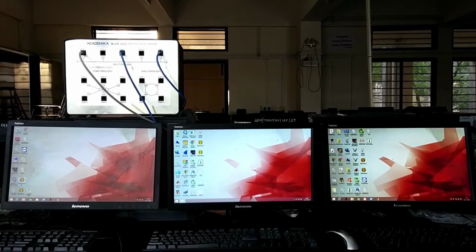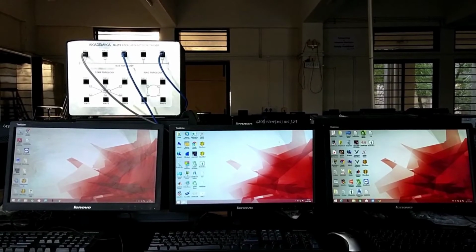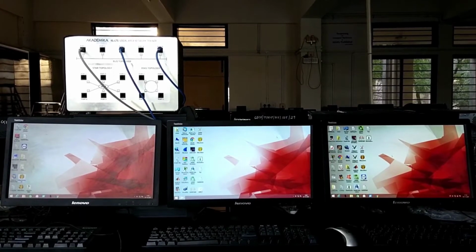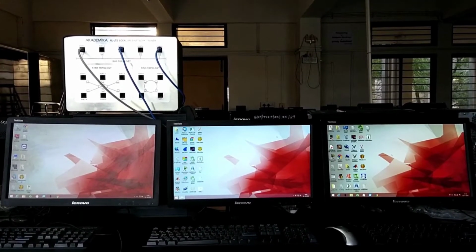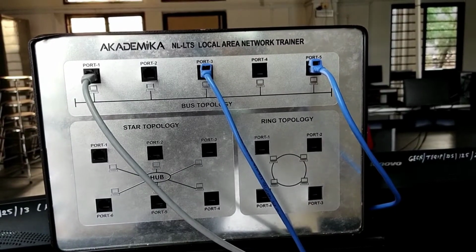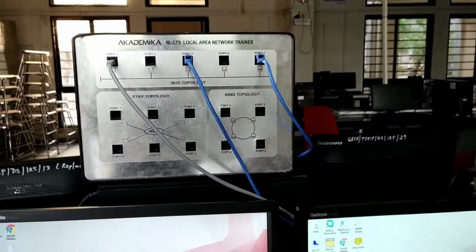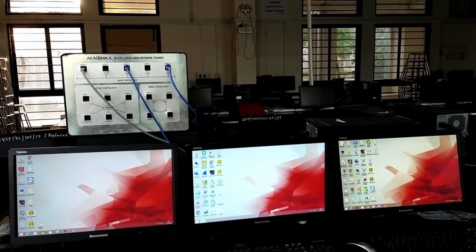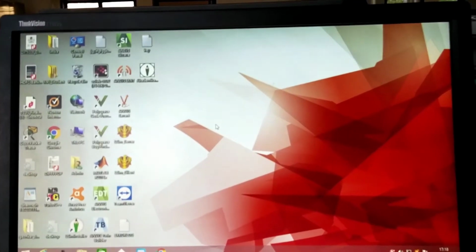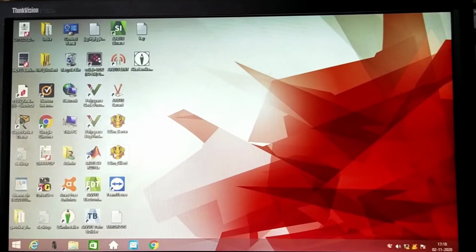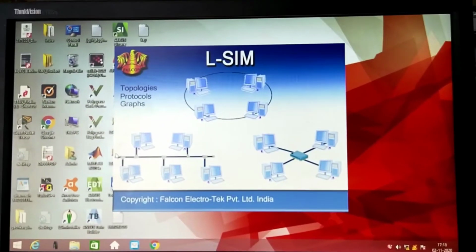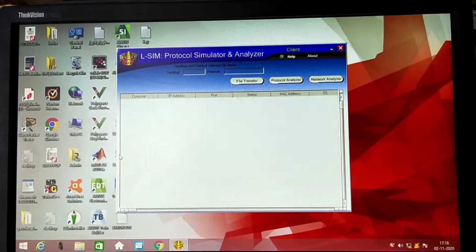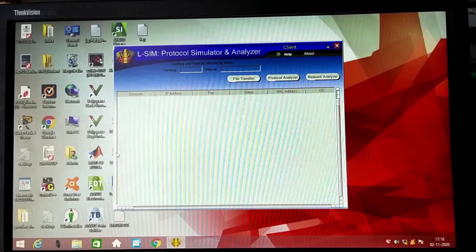As you can see, 3 machines are used to set up bus topology using LangTrainer system. All are connected to the LTS LangTrainer system using LAN cables. This is the hardware configuration and 3 machines configured in bus topology. The very first step is to switch on the client. We have got 2 clients and 1 server. The center machine is a server and on left and right 2 clients are there.